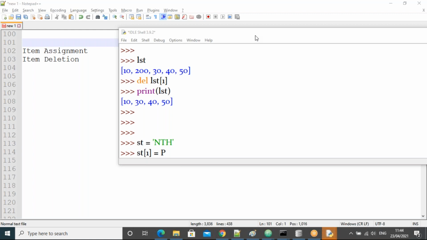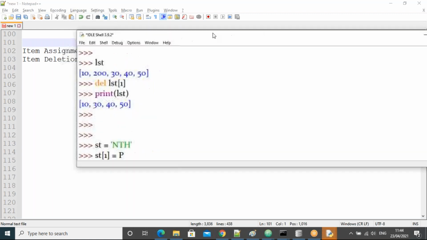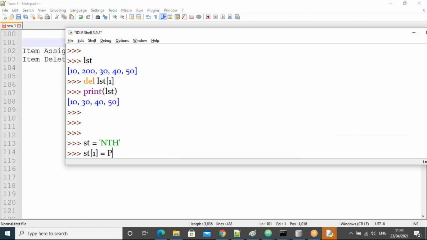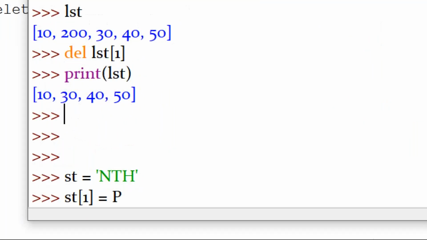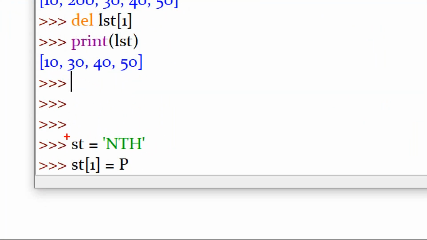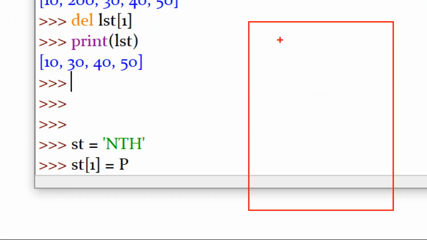Okay, yes, yes. See, I'm trying with P without codes. So, is it possible or not possible? If not possible, what is the reason? Yes. All of you observe, guys. So now at this time, in the memory, what happened here? ST is created, means a string is created in memory. In the string, what is the value? In this case, NTH, guys. That's fine. Now this operation is over. Now coming to here.